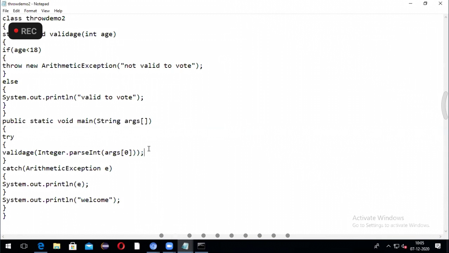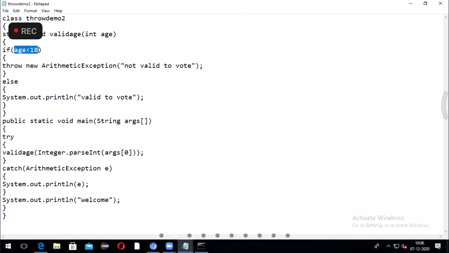So inside this main method, you are calling the valid age method. When you call the valid age method, you are passing the input also, through a command line argument. Args of 0 is going to pass the input to the main method, and you need to take it as an integer. So you are using the Integer.parseInt method. So that 12 or 10, whatever number you are taking, will be converted to integer. When it calls the method, it is passing an integer value. So 12 it is passing.